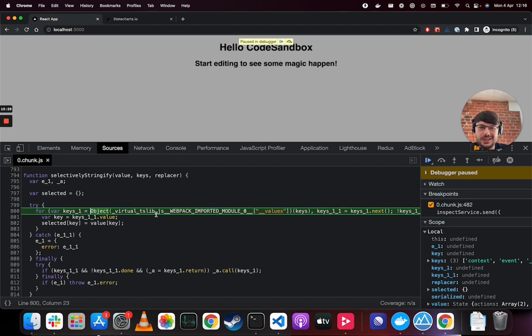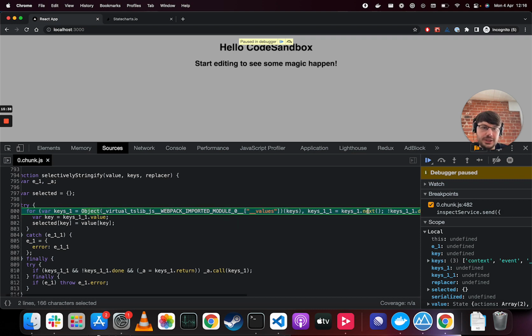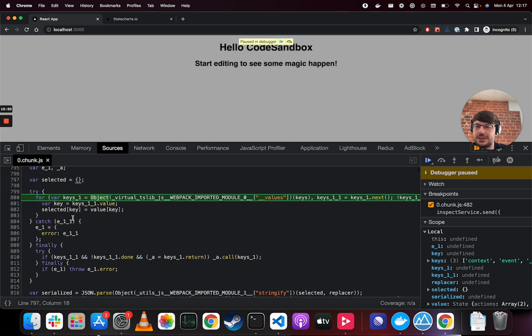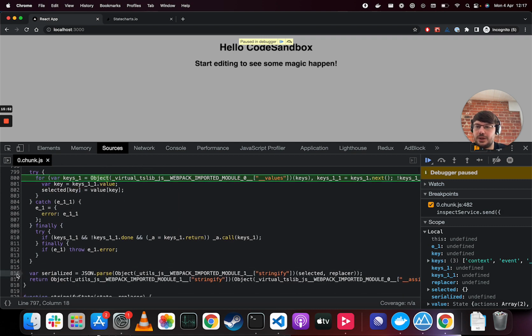In here, we can recognize some kind of a loop. We have a classic loop here, just using the iterator protocol, and it copies some things from the value, from the state, to the selected empty object that is being created here. So I can try to continue to here